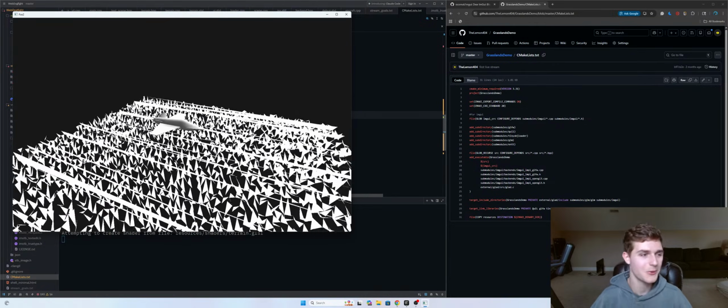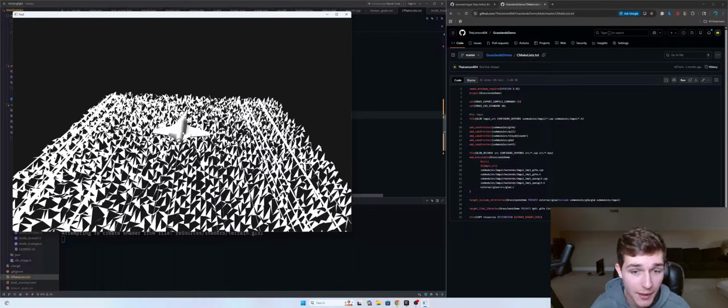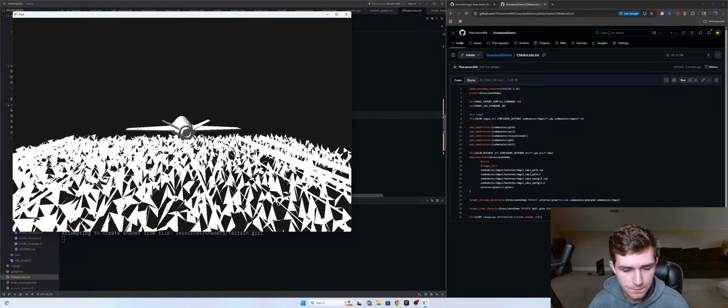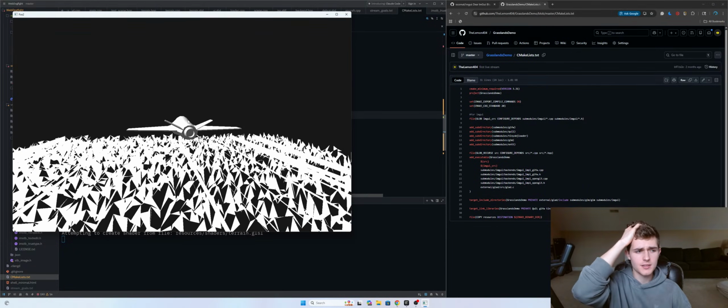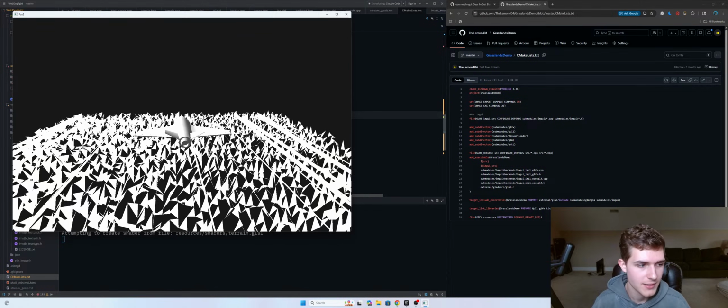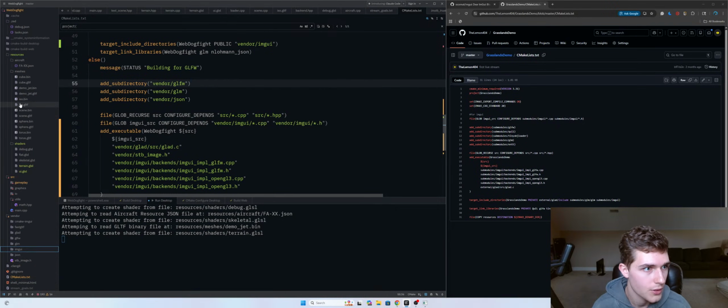If I run... Yeah, okay, here's the terrain code that I copied from another project. By the way, while off stream, I also switched the rotation systems. The big problem we were facing yesterday was the jet would freak out. I think part of that was because all of my rotations were being done in world space. Because of the rotation in the transform struct, I'll show you. In the transform struct, rotations were just like